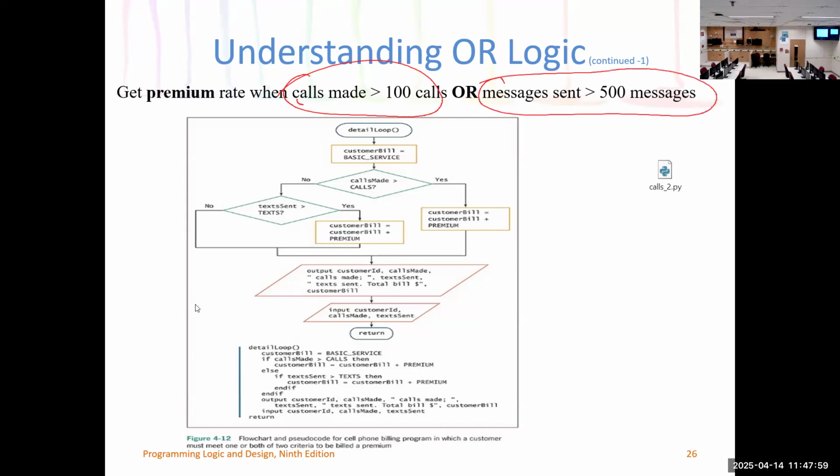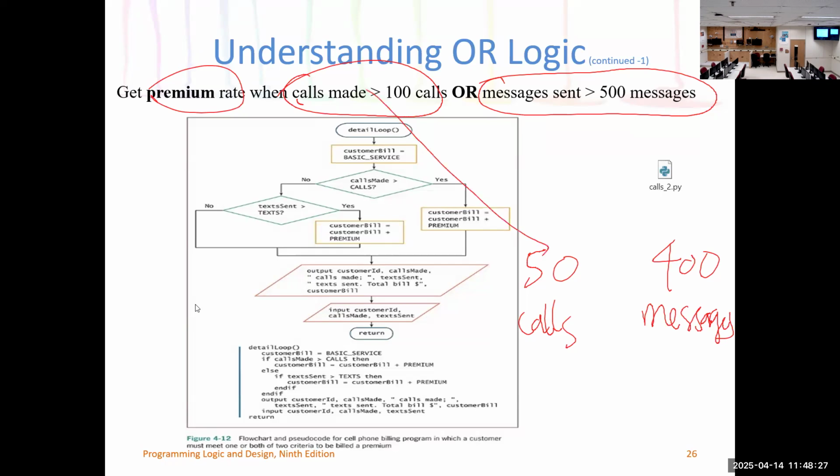Now I'm asking you a question. If I make 50 calls and send 400 messages, do I get the premium rate or not? No, right? Because both conditions are not true. But if either one of them is correct,